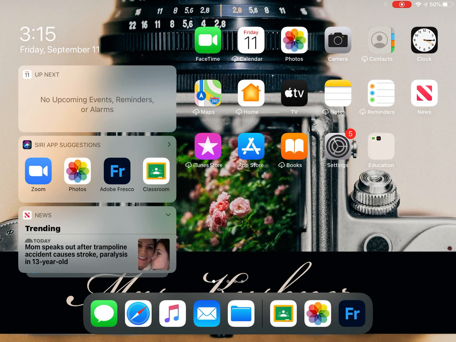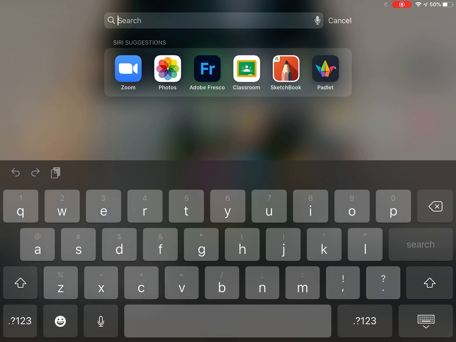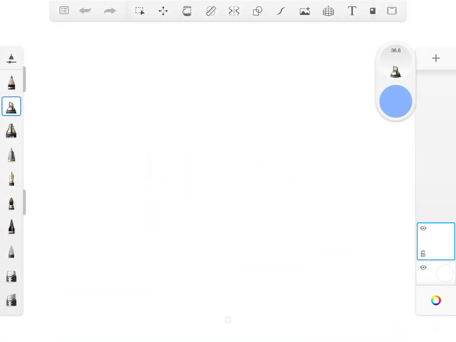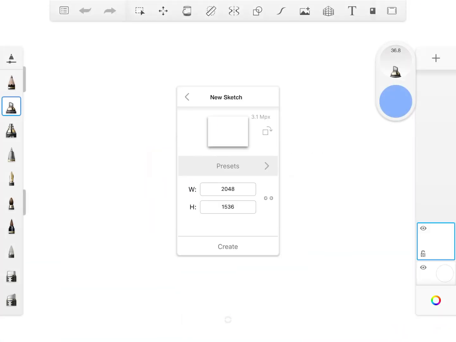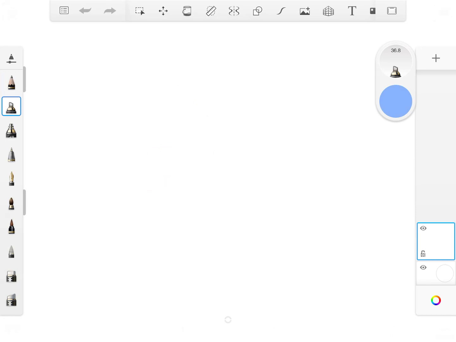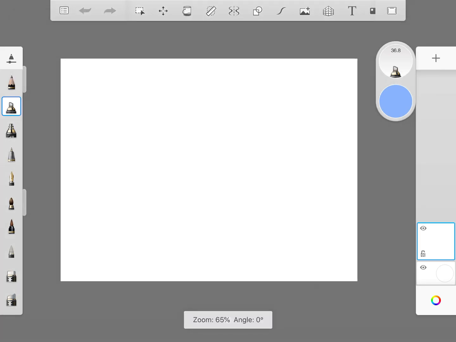Everyone, for those of you in Sketchbook, I'm going to do a little tutorial for this assignment. So we're going to click in Autodesk Sketchbook, and you can go to the top and start a new sketch. Your dimension should be 2048 by 1536, and that is the size of your screen. So we click Create. You're going to pinch your fingers in, and the first thing that we can do is